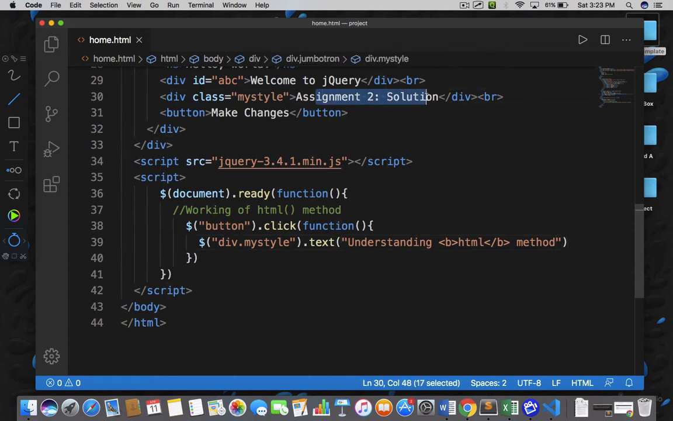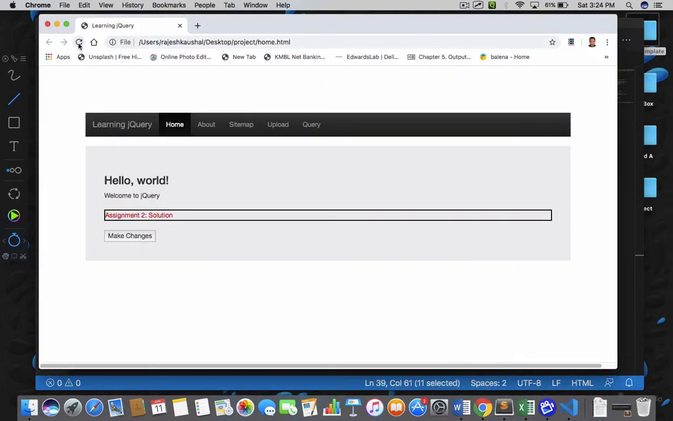So I want to replace assignment 2 solution with the understanding HTML method, and I want my word HTML to be in a bold effect. I am trying to apply an effect of bold on this HTML word. Let's save this document, go back, refresh your page, and see, right now we have assignment 2 solution here. Now if I click on make changes, see, I got understanding HTML method, but I am getting